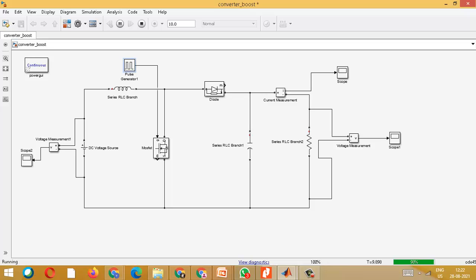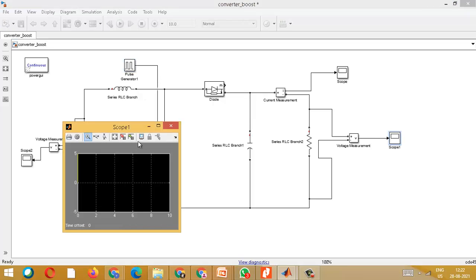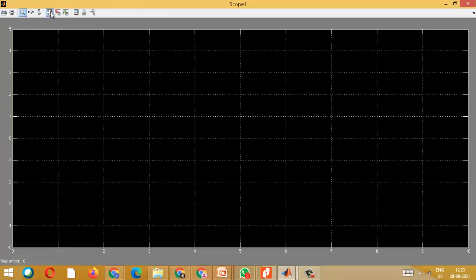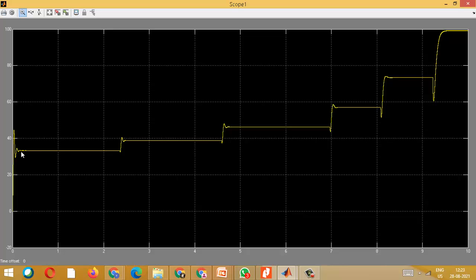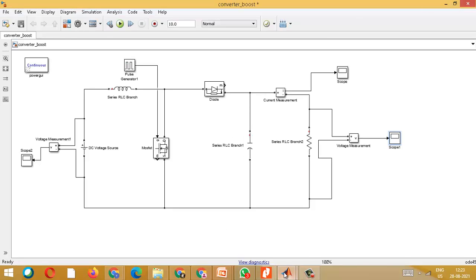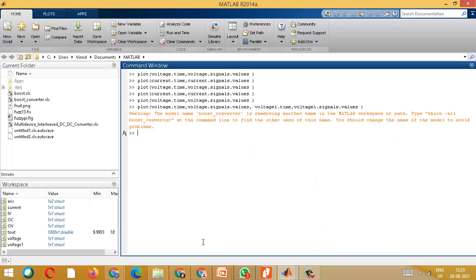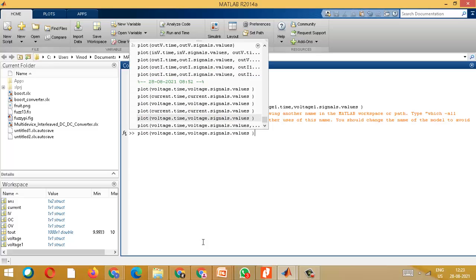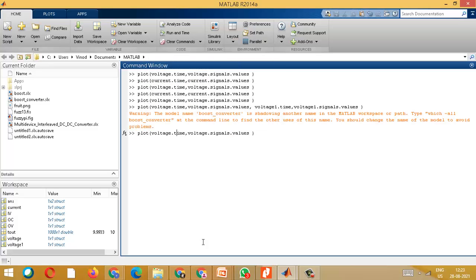So by changing the duty cycle, what should be the inference? Your voltage should change. You can see here, initially the voltage, for the 24 I have given, was around 30, then it is rising, and here it is around 85. To view it in a better way, we go here and type the command. Here I am going to see the output voltage. The output voltage is saved as OV. So OV time comma